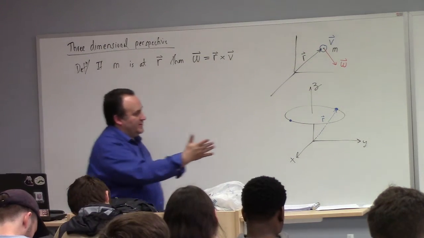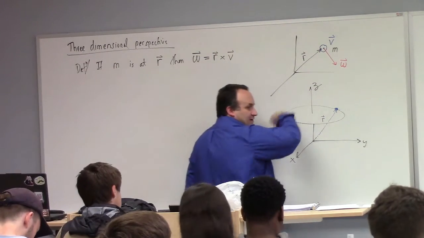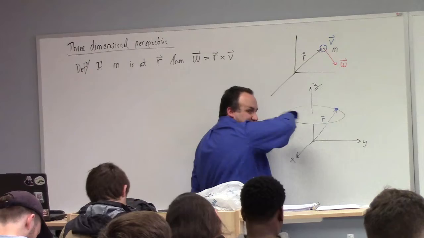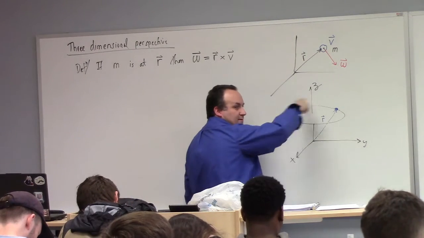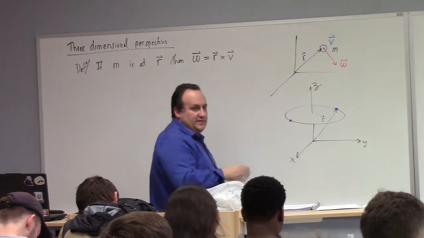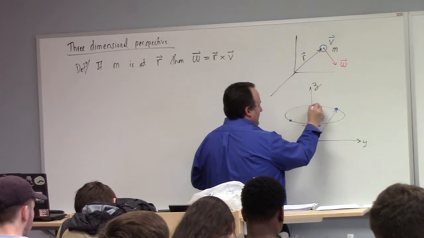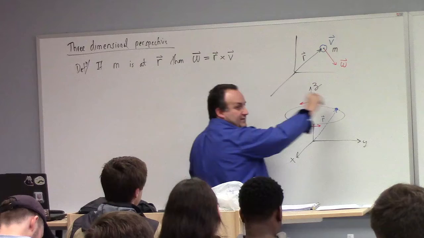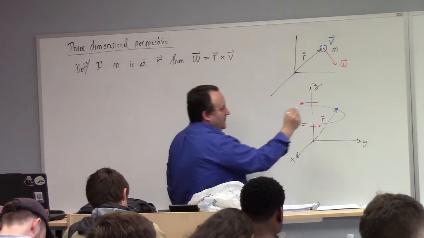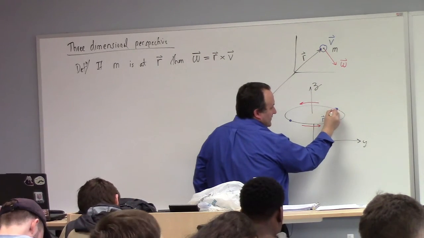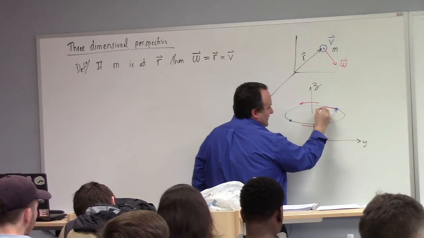Okay, so either it's going this way, or it's going that way. So which way do you want it to go? Let's make it go this way down here and that way back up there. So it's going like that. So at this point right here, to the best of my artistry, the velocity would be tangential to the circle,